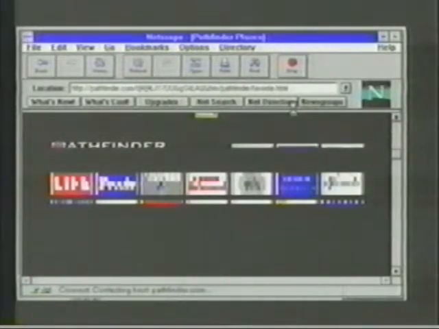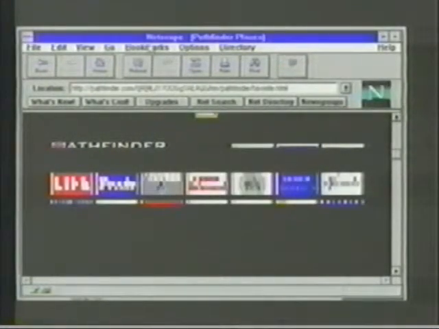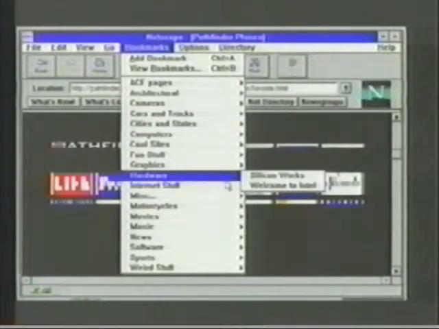We can go in there. I just stopped it because I was tired of waiting for it. I think it's because this is a huge graphic, and that's why it does that. So let's go back to a bookmark here, and we'll go